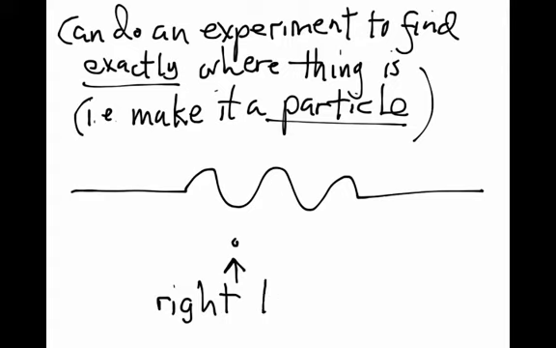And it turns out that we can do an experiment that ends up saying, you know what, it's right there, right where I put this dot, where we're in sort of a negative lobe, the first negative-going lobe of that wave function. That's kind of weird, but it turns out to be basically true.